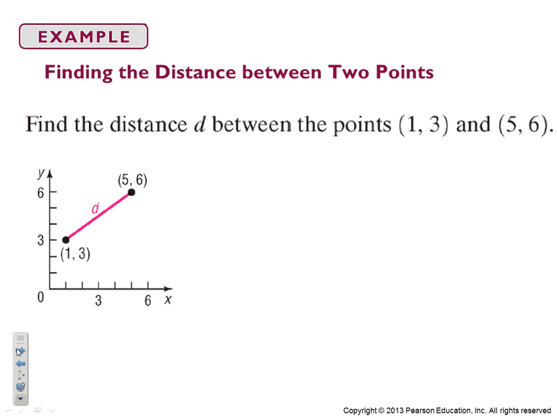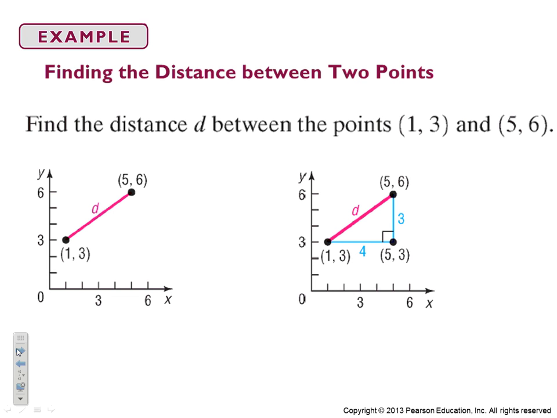So you guys saw this on your pretest. Find the distance between points (1, 3) and (5, 6). We're going to use a little Pythagorean theorem. That's where the distance formula is derived from, and that's how I remember the distance formula. Because the Pythagorean theorem is a squared plus b squared equals c squared,